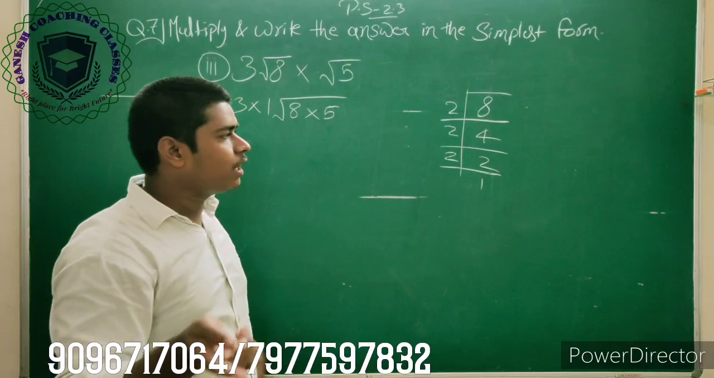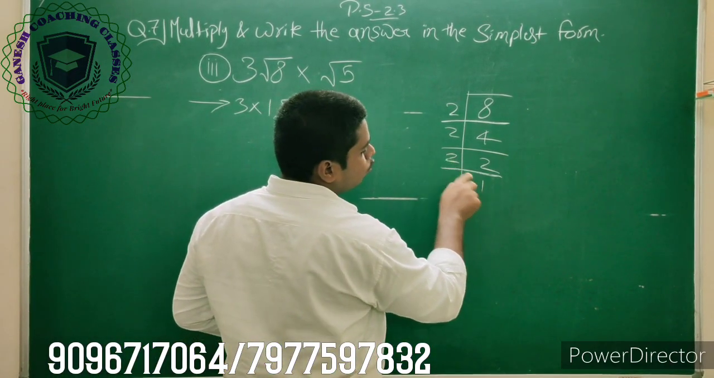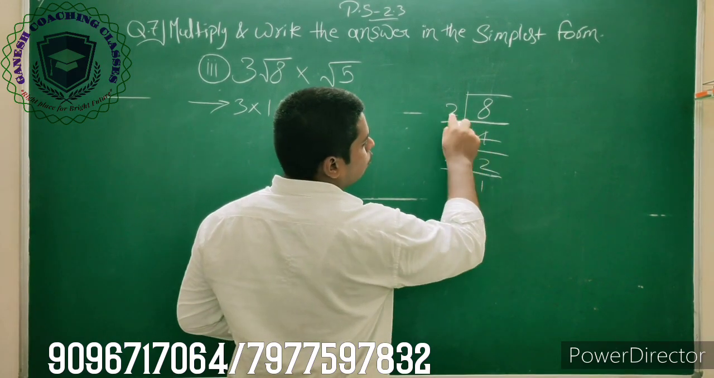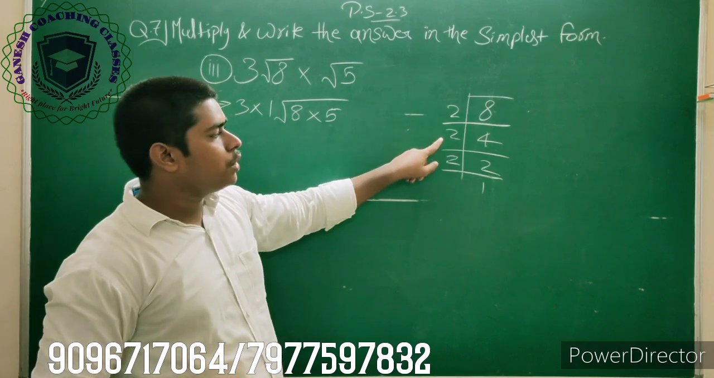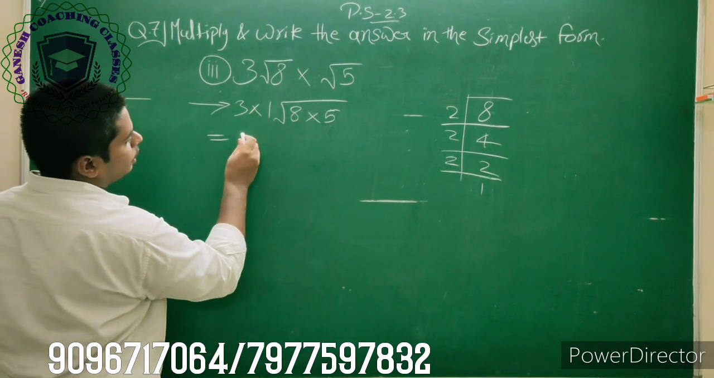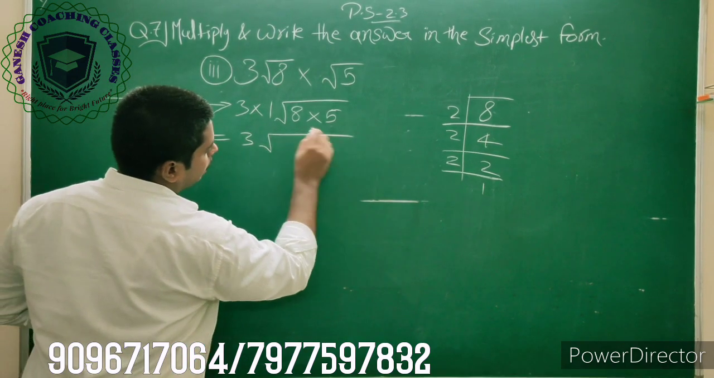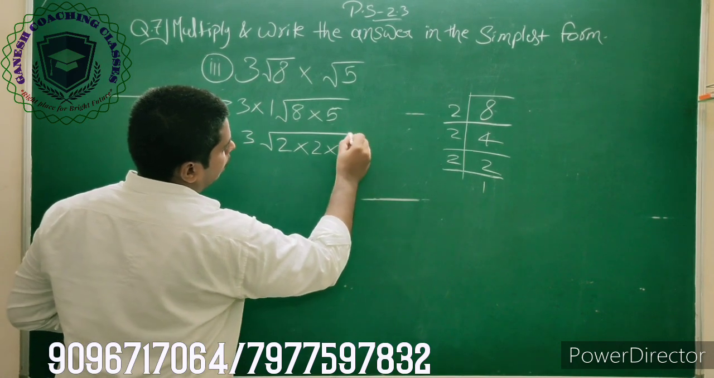Okay, if we have to check whether our calculation is right or wrong, we can check in this way: 2 1s are 2, 2 2s are 4, 2 4s are 8. Okay, so 8 can be written as 2 into 2 into 2. So here, tell me, 3 1s are 3 and 8 can be written as 2 into 2 into 2, and